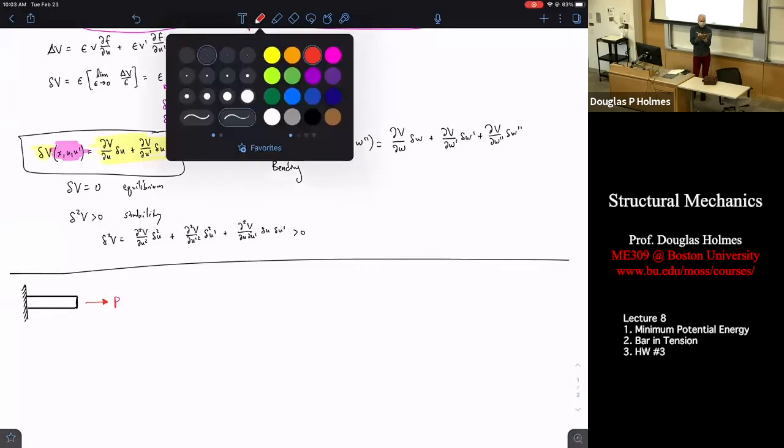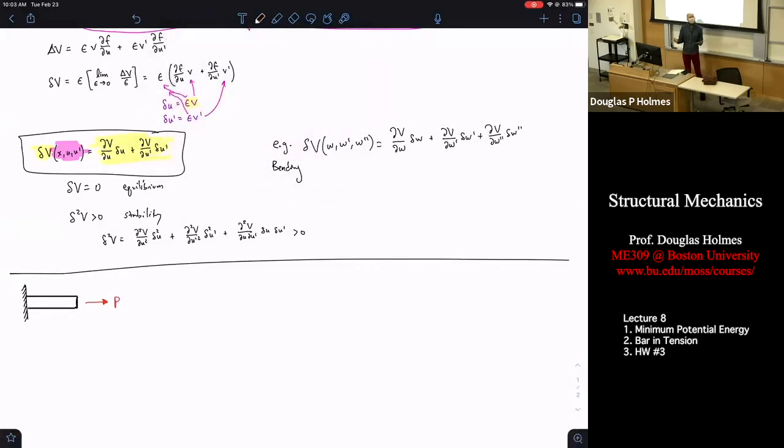Okay. You've solved this problem before. We solved it in mechanics of materials, but we only sort of solved it. What we did in mechanics of materials is we solved it for the displacement at the end of the bar. And I will show you how to get to that mechanics of materials solution, but also get more out of it than that. So we know that the total potential energy is just going to be equal to the strain energy minus the work being done. We know that the strain energy